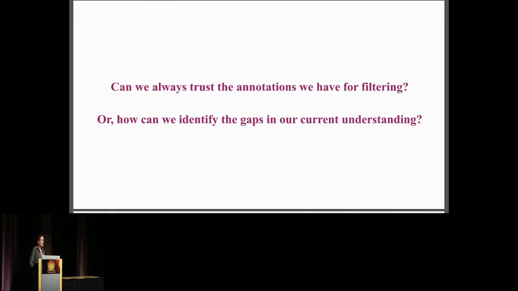And we know that many times there are gaps in our knowledge, or gaps in how we understand the data. So not all of the annotations reflect the underlying biology of the cells. And we were interested in trying to understand whether we can specifically identify these gaps to then filter the data to only what we're sure about, or filter out our gaps in knowledge, and maybe even re-annotate the cells that